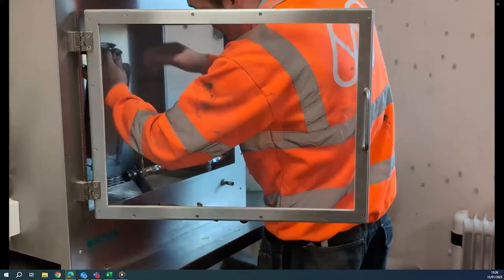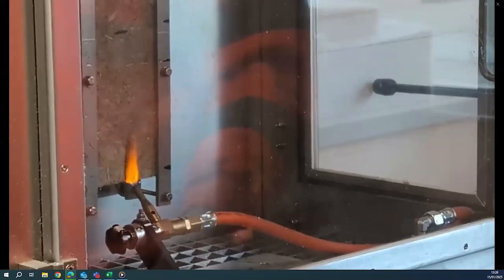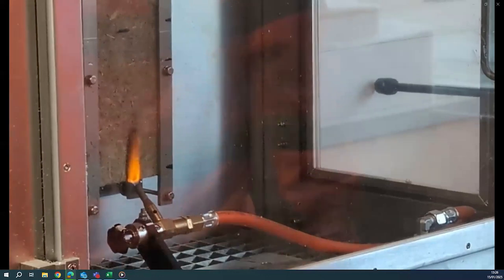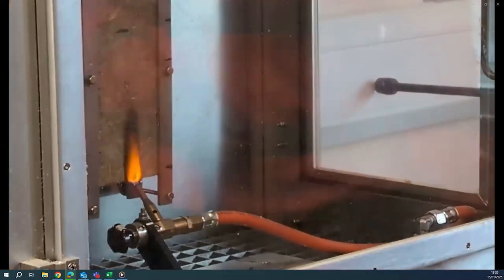Natural fibres have a great reaction to fire. They smoulder very slowly. They don't ignite and combust. They have a very low volume of smoke produced, and they have no nasty chemicals coming off them, no VOCs. They're very natural. Reaction to fire test, the British standard test, exposes the materials to a naked flame for a